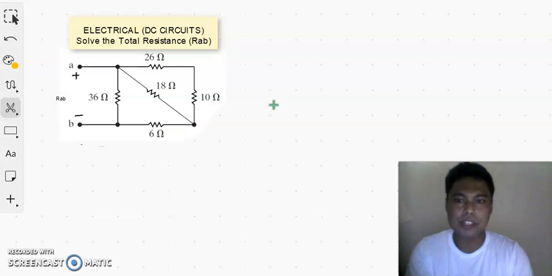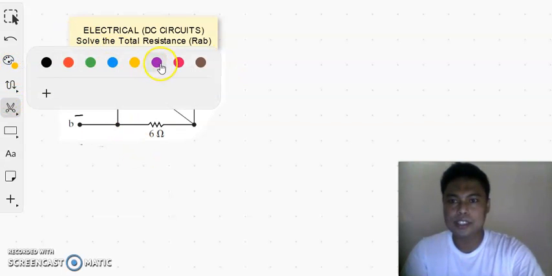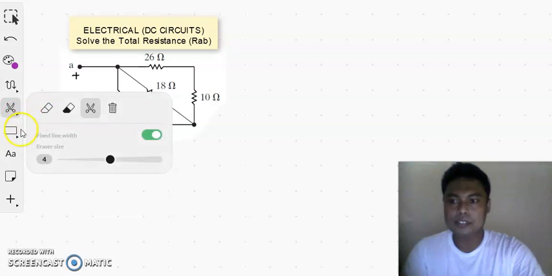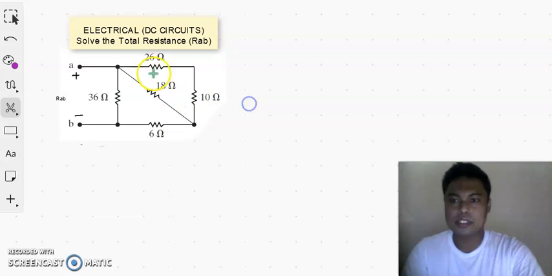So for this topic, it's all about DC circuits, solving for the total resistance. Have you seen the circuit? As you see the circuit,